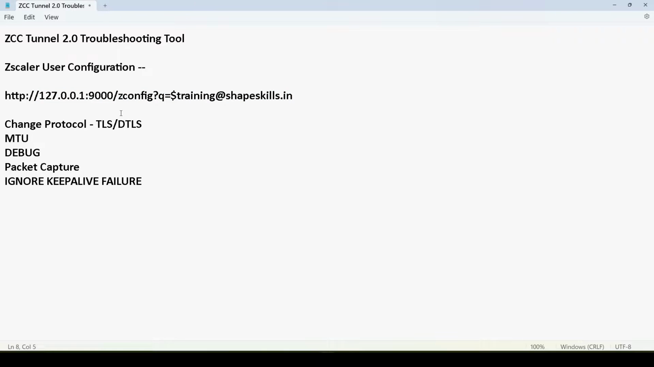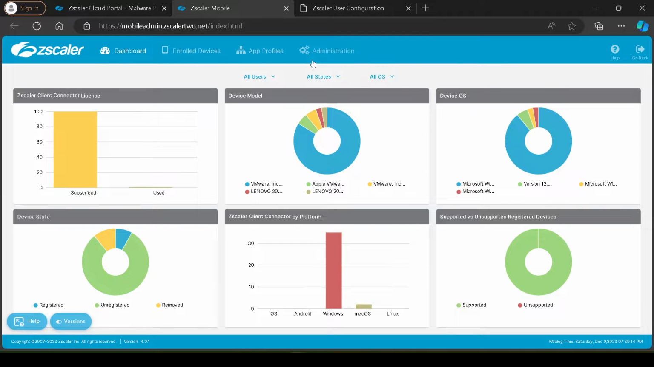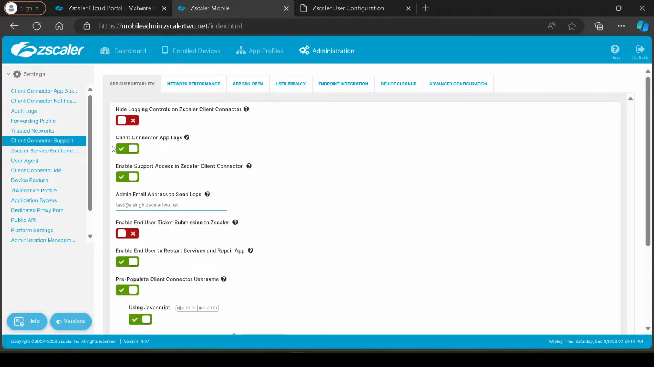127.0.0.1 is basically the self IP, and the port is the one ZCC is listening on. You should check what the port is for you. If you go to your mobile portal, then go to administration settings, and then the client connector support,